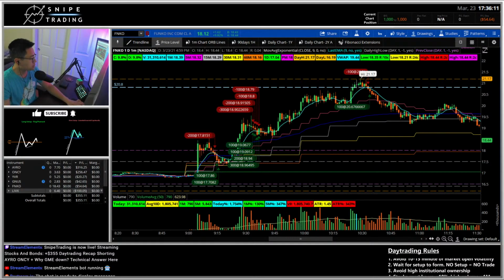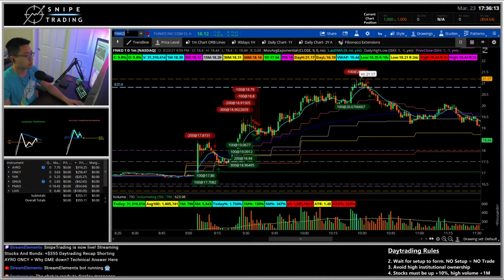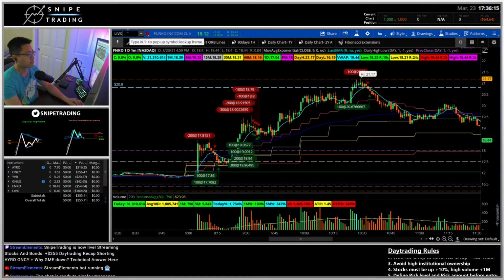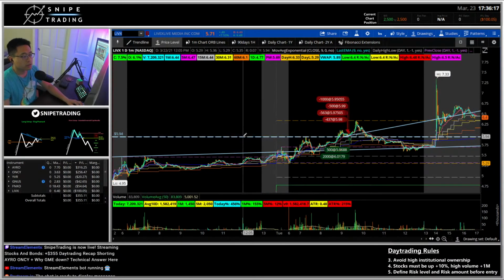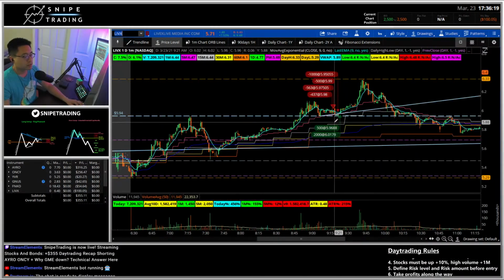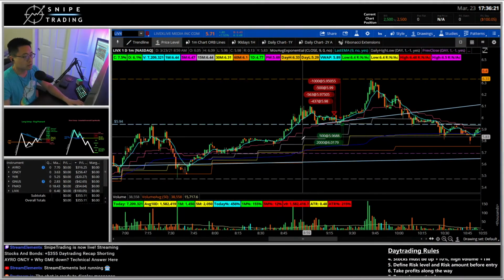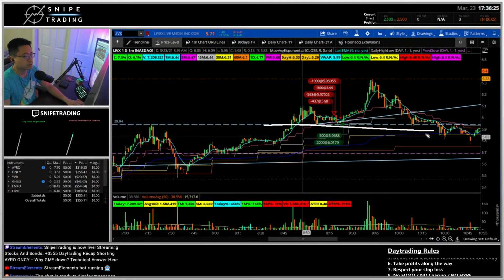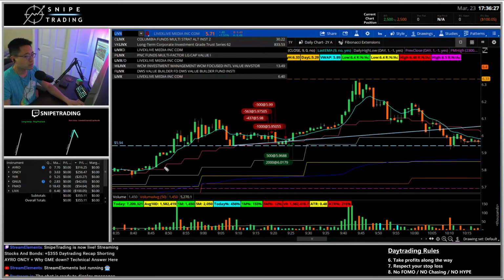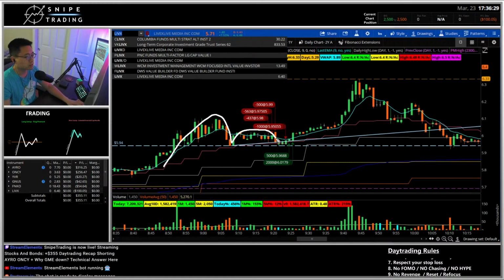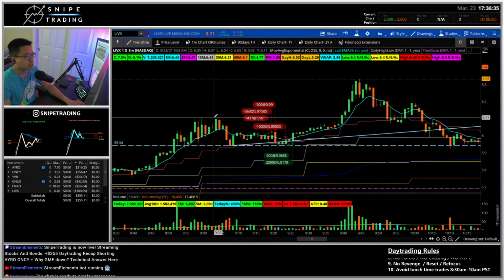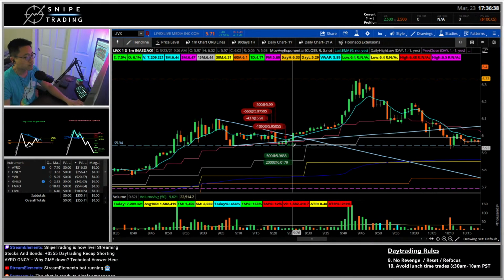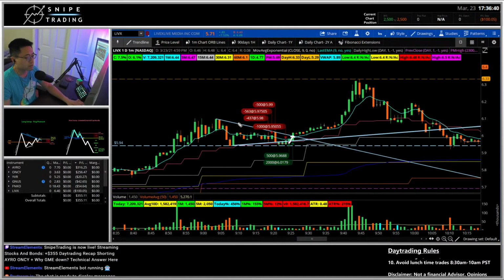So my last trade, my biggest loser for today, was LIVX. So LIVX, let's see. This also had an extension on the 5-minute chart to the 15-minute chart. And you can see an inverted cup and handle forming. I went ahead and tried to add short there. It ended up not breaking down too far,